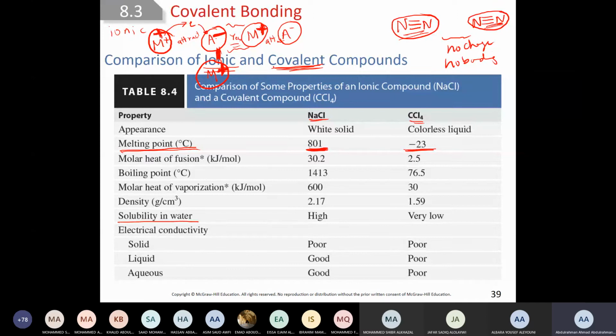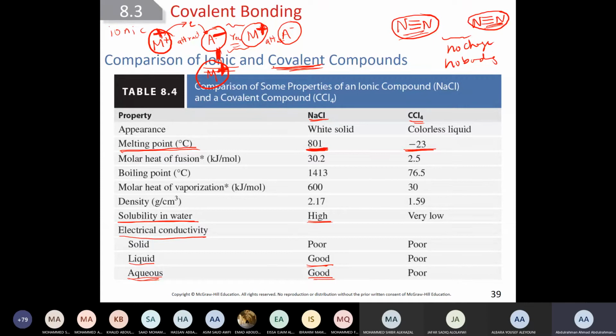Not all of them, but most of them. In chapter 4 we took the compounds that are not soluble, but many of them are soluble in water. And usually they conduct electricity when they are liquid or when they are in water. This is a unique compound. But